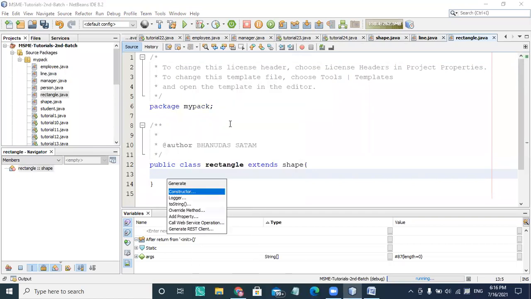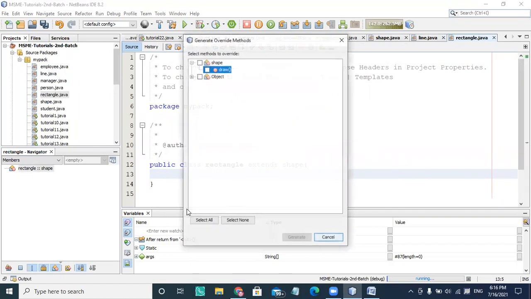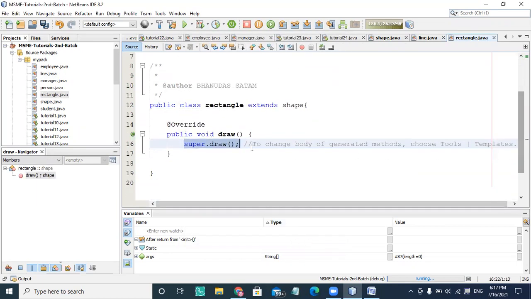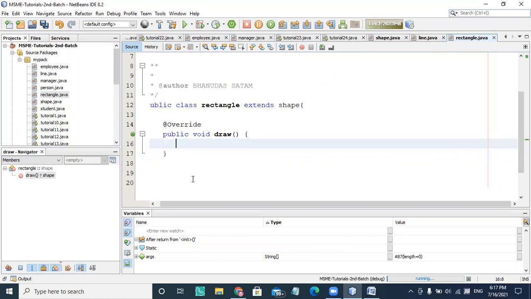I'm choosing insert code, and I'm choosing override method for draw, which is generated here. If you don't want to use super.draw because it doesn't have any body, in that case you are going to write only System.out for the rectangle message.